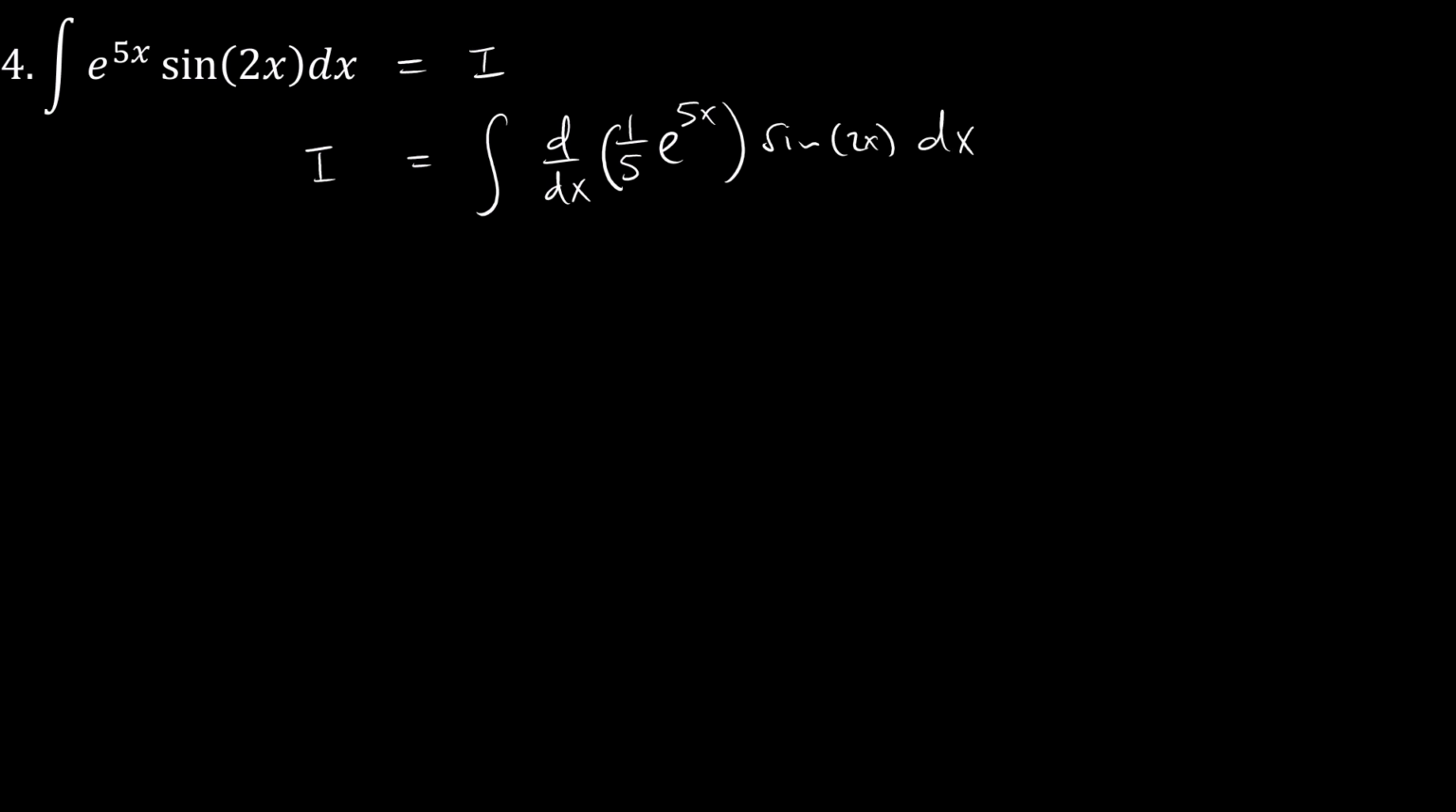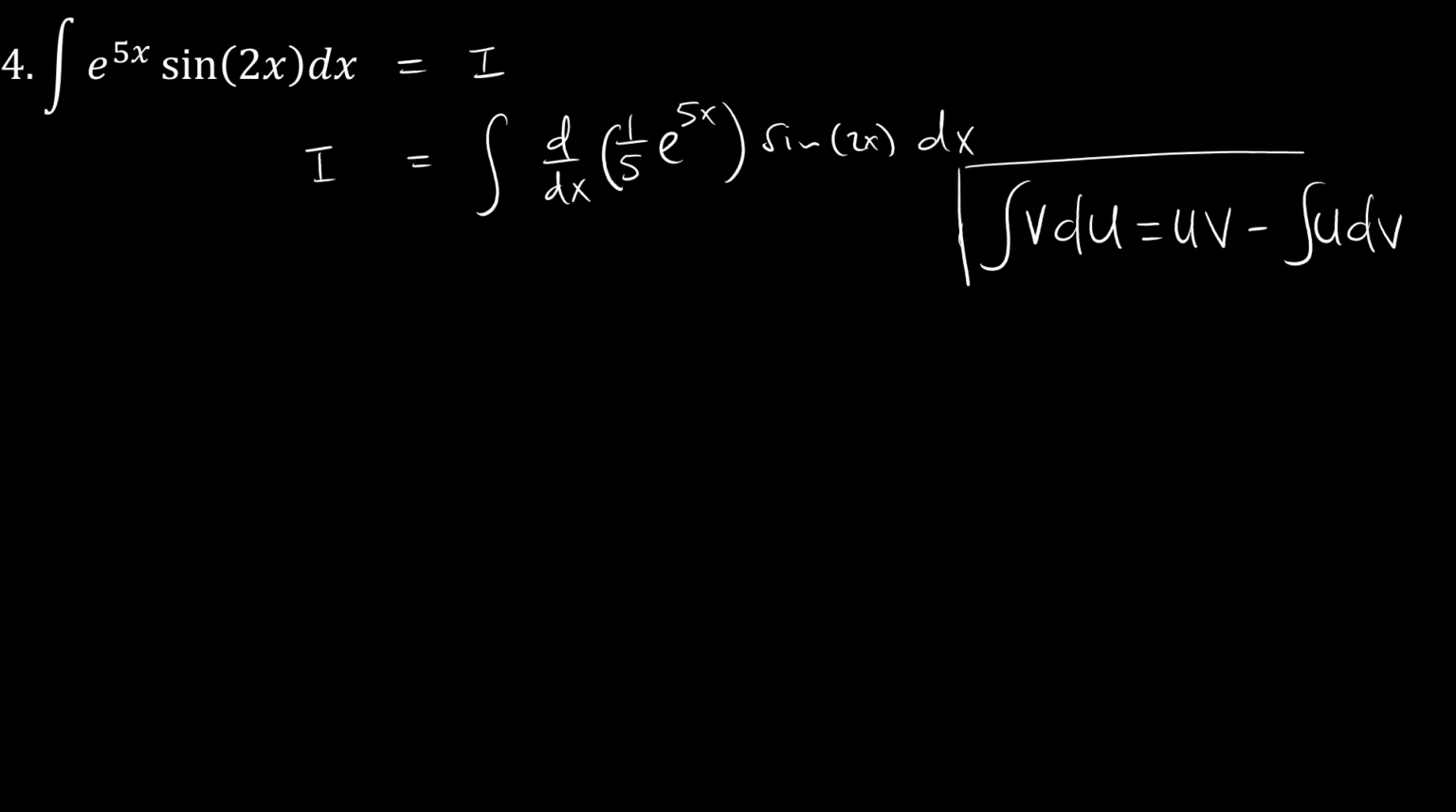We can use integration by parts. That tells us that if we have a product of a function v and a derivative of a function capital U, if you integrate that, we have u v minus the integral of u times the derivative of function v. So with that in mind, if we take this to be v and this to be u, then our I is the same as u v, which is this,